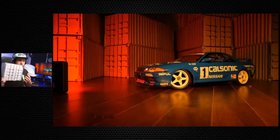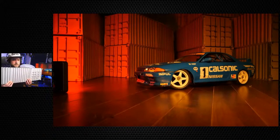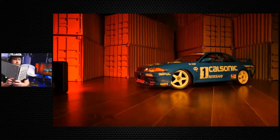So, I just printed a whole bunch of these, and then it's on foam core. You can go to the dollar store. You can get a sheet of foam core for $1.99 or $1. And then you can cut these, and you can see this is just flat, and then you just hot glue them together or whatever. And then you can make these kind of cool backdrops that look kind of scale as, you know,